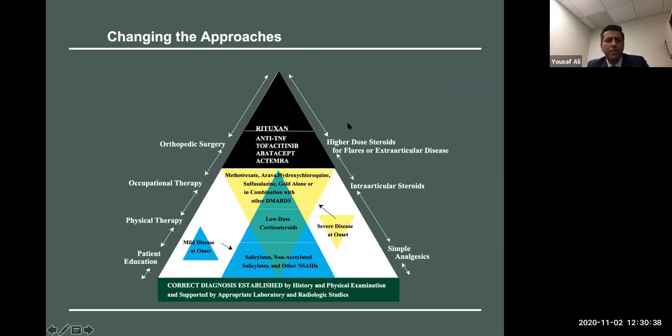Okay, so I'm going to talk a bit about treatment, and where do we go with this disease? Right at the bottom of this is the therapeutic pyramid. The first is obviously to make the correct diagnosis. We start with NSAIDs. I think for primary care docs, if you want to use low-dose bridge prednisone, I think